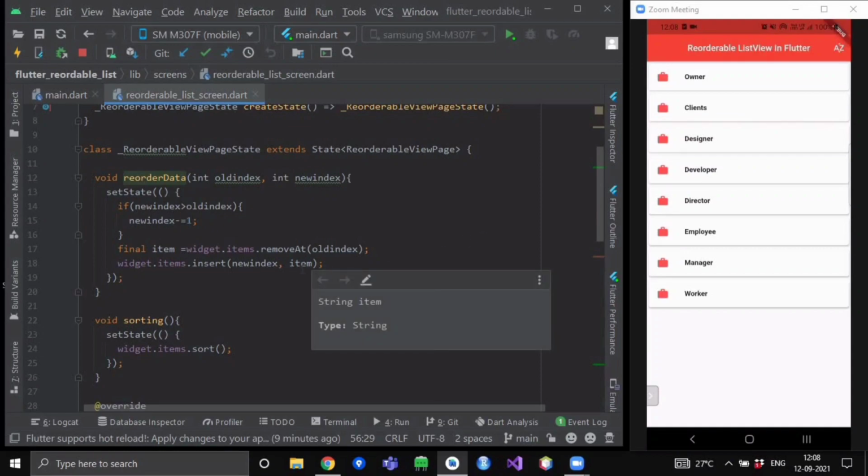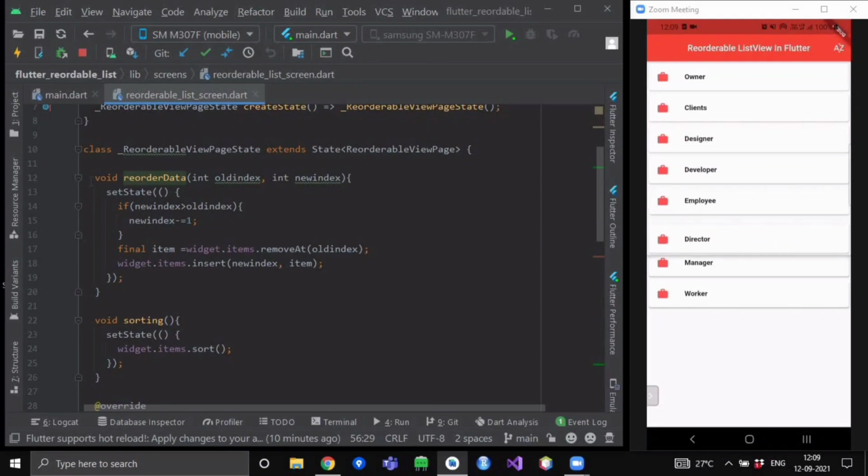This is the syntax: removing an item from the given old index returns the item, or you can say the list style of that particular position, and then we insert this list style object, or this item object, in the new index position. So that is all. When you run your app and drag any item from your list view and place it in some other location or position, it gets reordered.